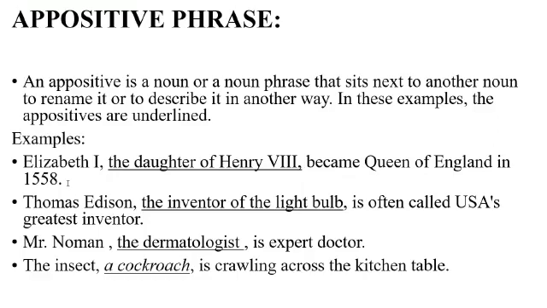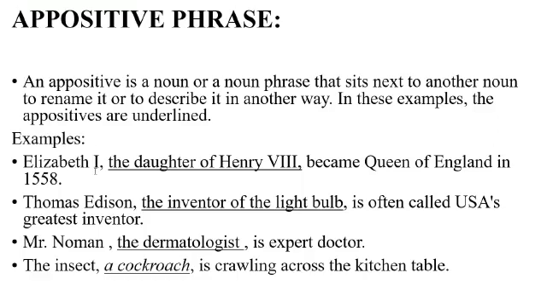If you see this sentence and you see this underlined part, the daughter of Henry VIII became Queen of England in 1558. Even then, it is giving us a complete thought. So, the underlined part of a sentence, the daughter of Henry VIII, is also acting as subject of this sentence, or in other words, we can say that it describes the subject in another way.